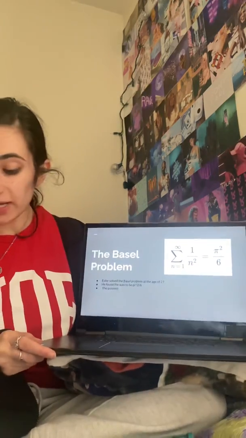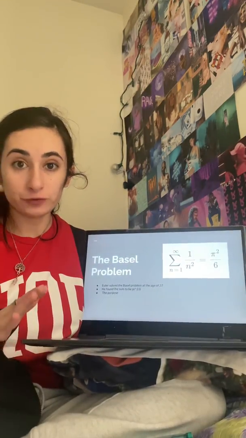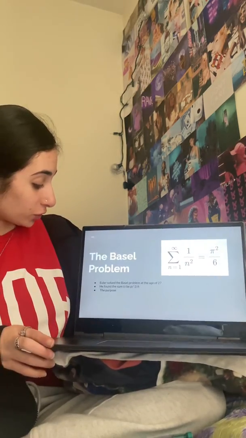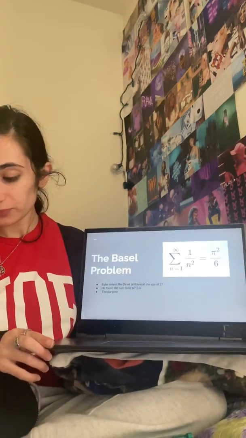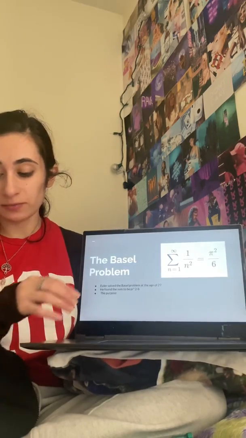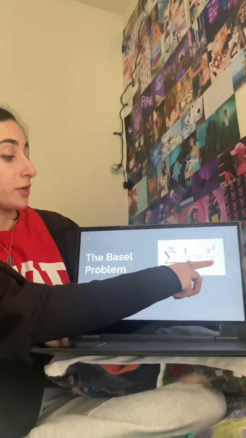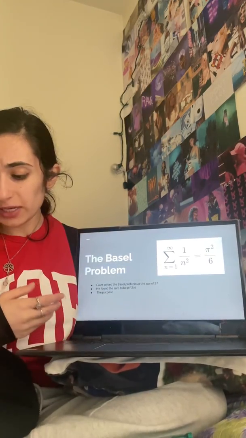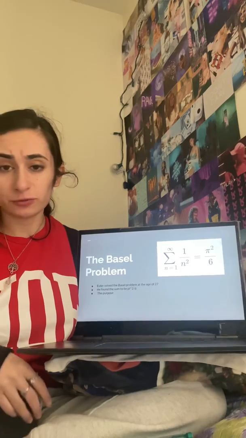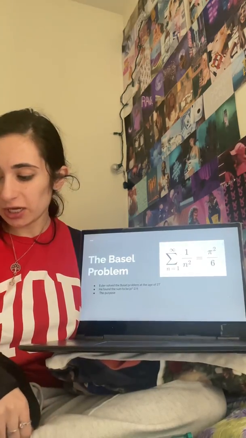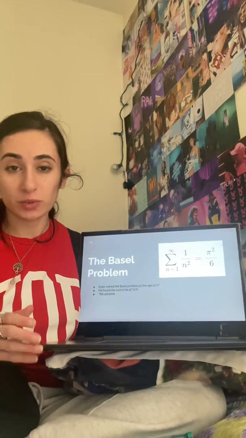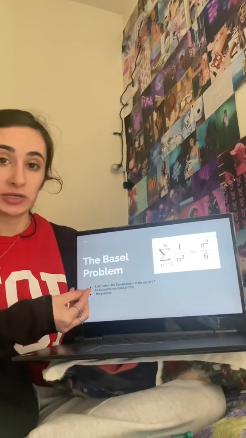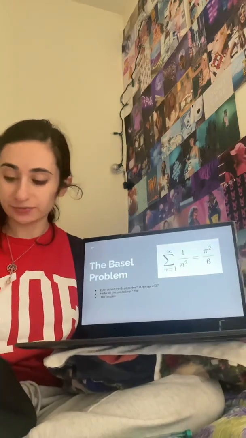Okay, so then at the age of 27, Euler was able to contribute to the world the Basel problem. He was able to find that the sum equaled pi squared over 6. The purpose of the Basel problem is to ask for a precise summation of the reciprocal of the squares of the natural numbers. And he just found a simpler equation in which that could be done.